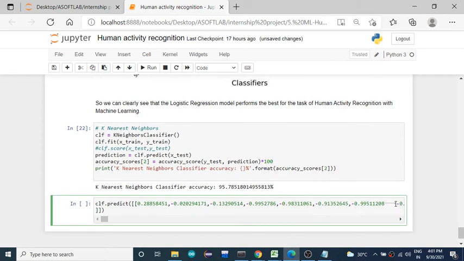Like this you need to give the values, a value for each feature, and then if you run it, you get a result like an array of 0, 1, 2. If the value is 0, it indicates one activity, if the value is 1, another, and like this you predict.